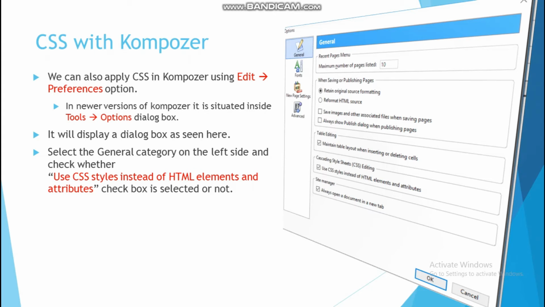So here you can see in the general tab there is an option given, cascading style sheets CSS editing, and inside this option there is a checkbox given, use CSS style instead of HTML elements and attributes. So you have to make this option selected. If you want to use CSS, then you have to select this option. Remember, this is the default option. So if it is not selected, then select it, otherwise it will get selected by default. So by default it remains selected.